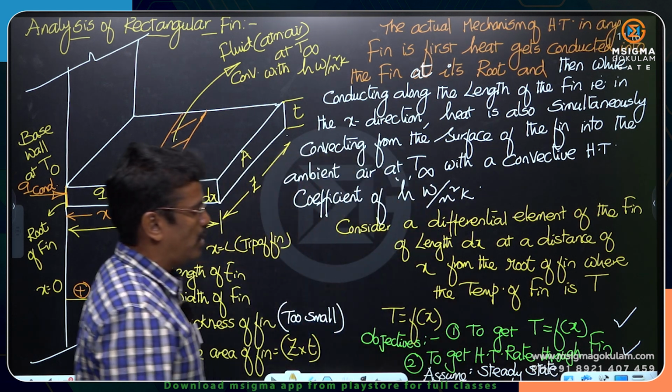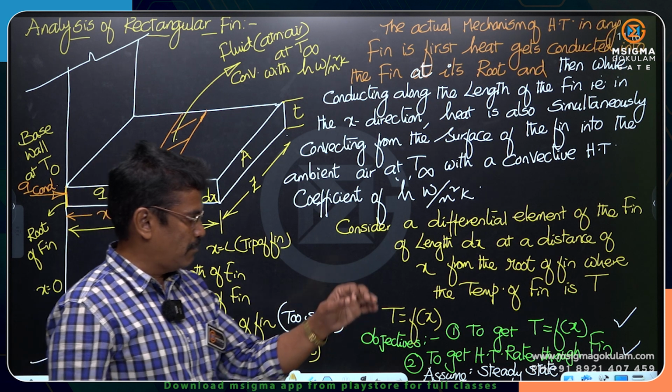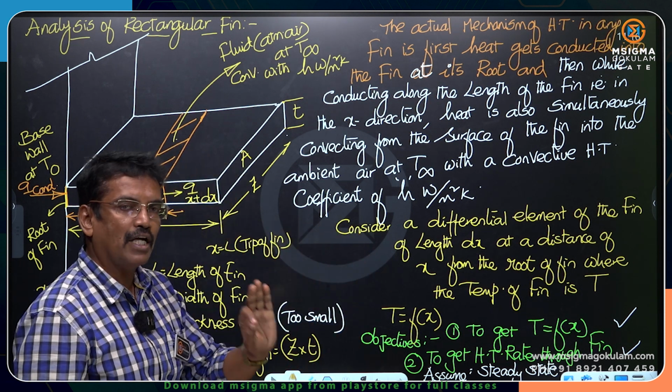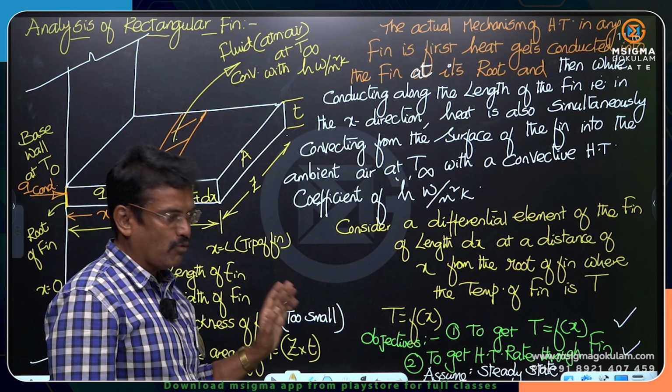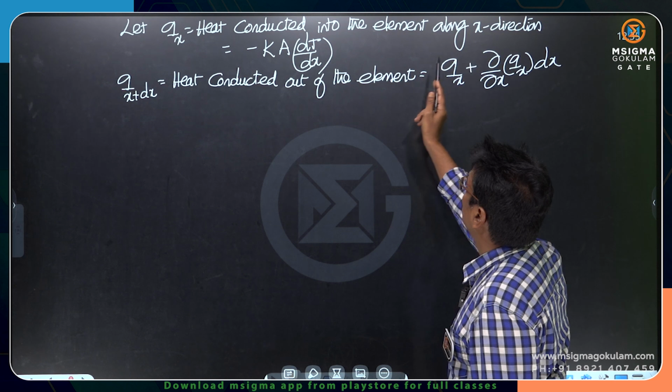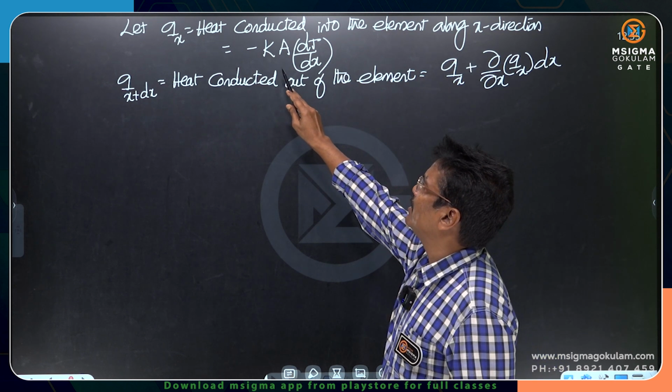Temperature is not a function of time. Temperature at any particular location does not change with respect to time. That is the only one assumption. Now let Qx be the heat conducted into the element along the x direction, given by the Fourier law,